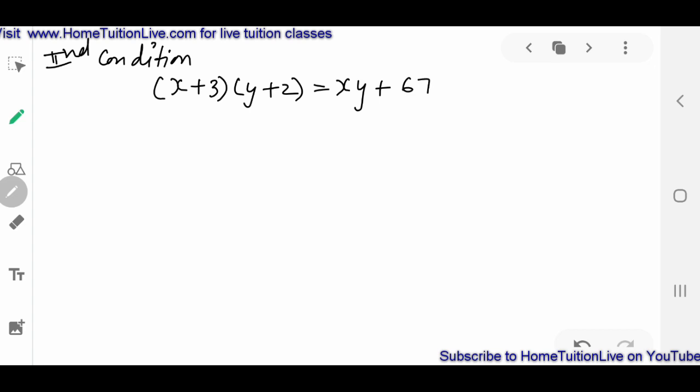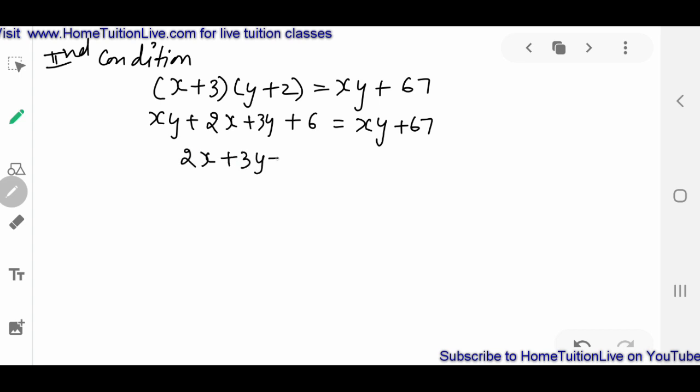Okay. Now we will solve this. This is xy plus 2x plus 3y plus 6 equals xy plus 67. So 2x plus 3y equals 61. This is the second equation. Now by the cross multiplication method,